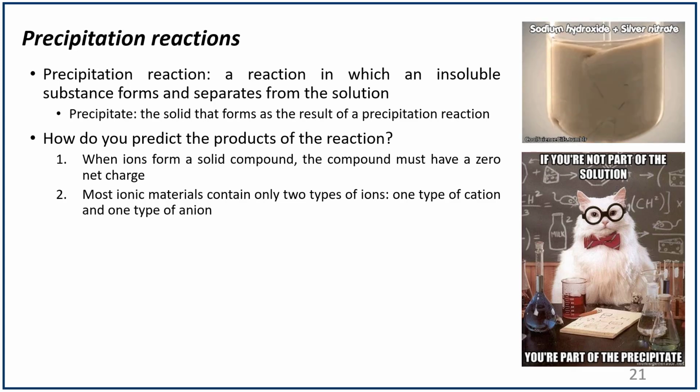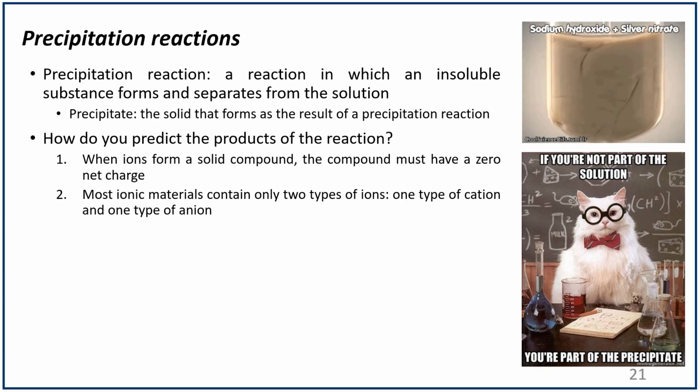So the first type of reaction that we will be looking at are precipitation reactions. From the word, it means a reaction in which an insoluble substance forms and therefore crashes out of solution. That's basically what a precipitate is. It's an insoluble substance. So in order to know whether a precipitation reaction actually takes place